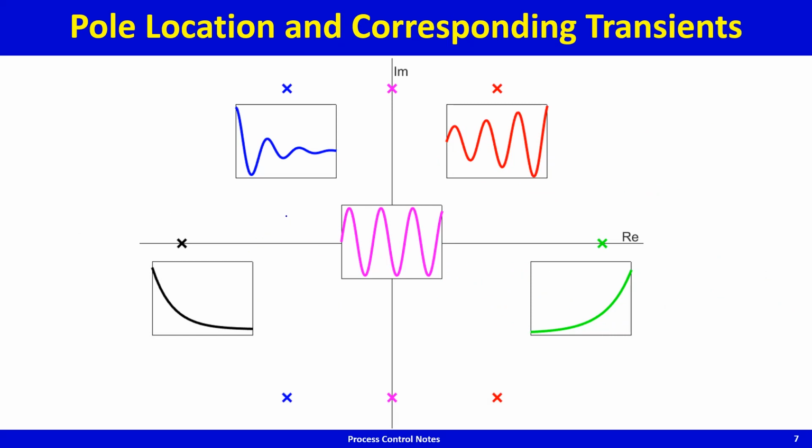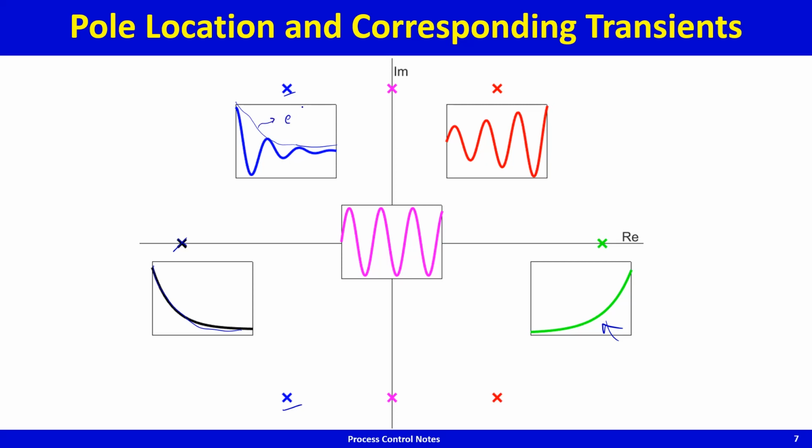Now let us look at the pole location and the corresponding transients. So if you have a real root or real pole in the right half plane, then you're going to get this exponential blow up. If you have a real pole in the left half plane, then you'll have this exponential decay. If you have a complex conjugate pair, that's the blue. If you have a complex conjugate pair in the left half plane, then you're going to get oscillations that die out, and the envelope of these oscillations is actually